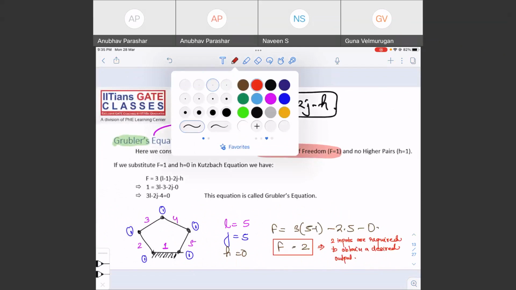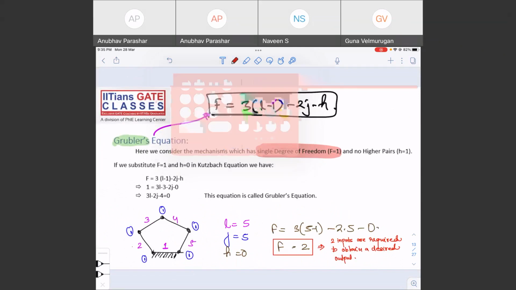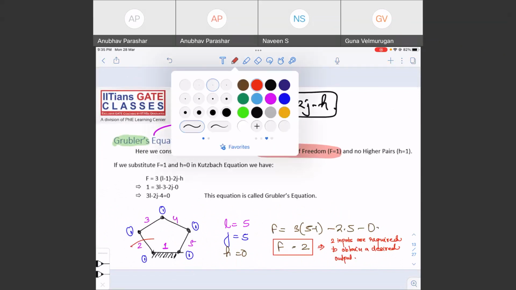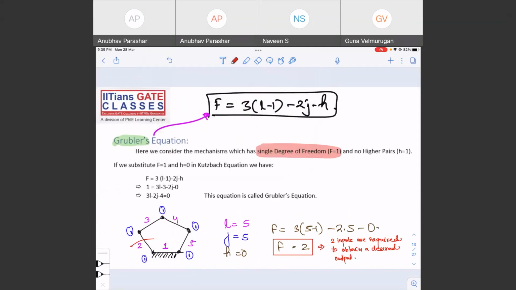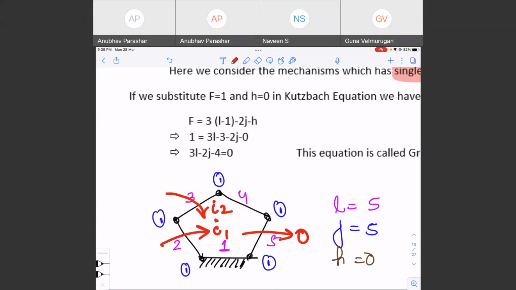For example, if you see this link, if I talk about two inputs, you have to give two inputs. आपको क्या देना पड़ेगा? You have to give two inputs, input 1, input 2. Only then you are going to get a desired output. If you give two inputs, input 1 and input 2, then you'll get